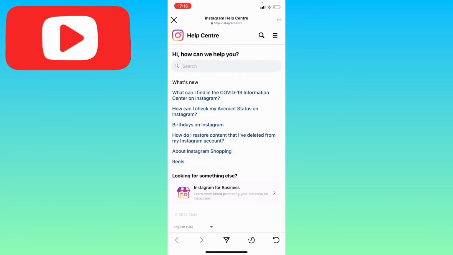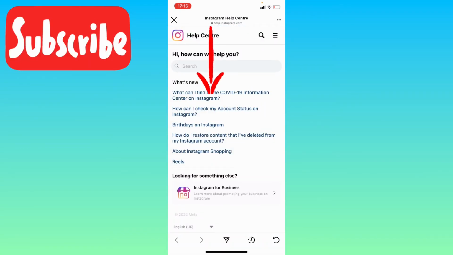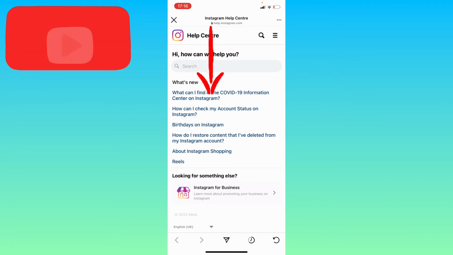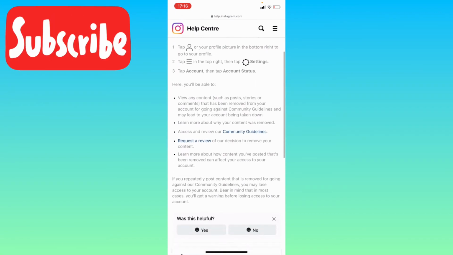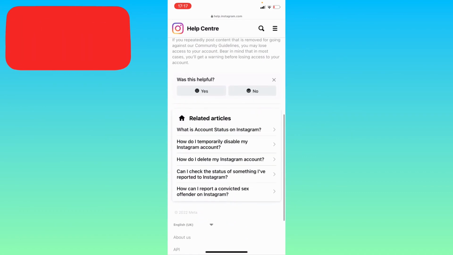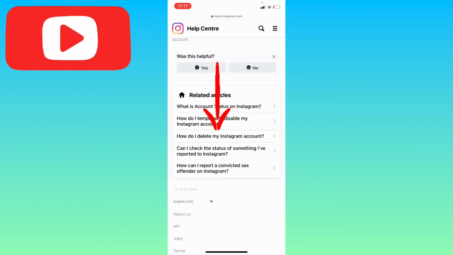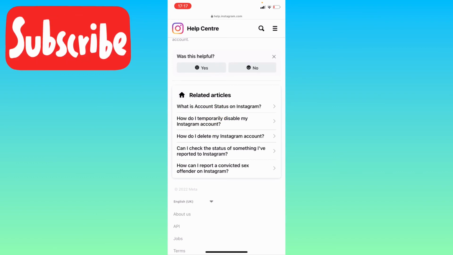So once you are in this window, click on the how can I check my account status on Instagram. It's the second option. Click on it, then scroll it down and find this option, how do I delete my Instagram account. Click on this option,